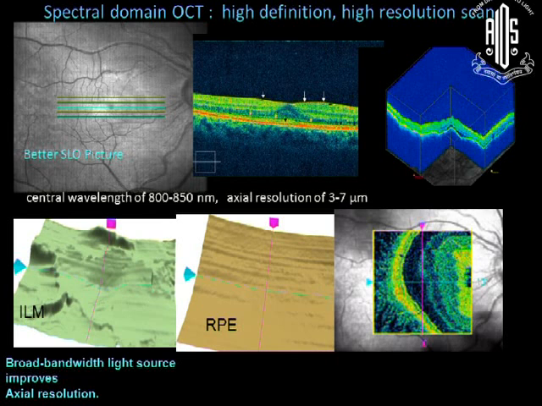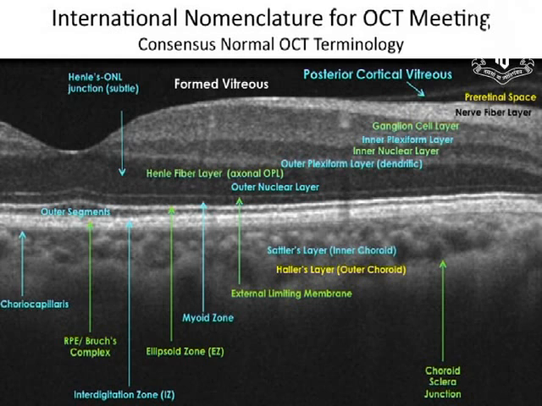We are now moving from spectral to adaptive optics. Now, spectral domain, we already know. Professor Amod Gupta has beautifully shown you all the images, the three-dimensional C-scans and the single-layer images. There has been a change in the nomenclature on OCT. We are no longer using the same terms which we were using in the past.